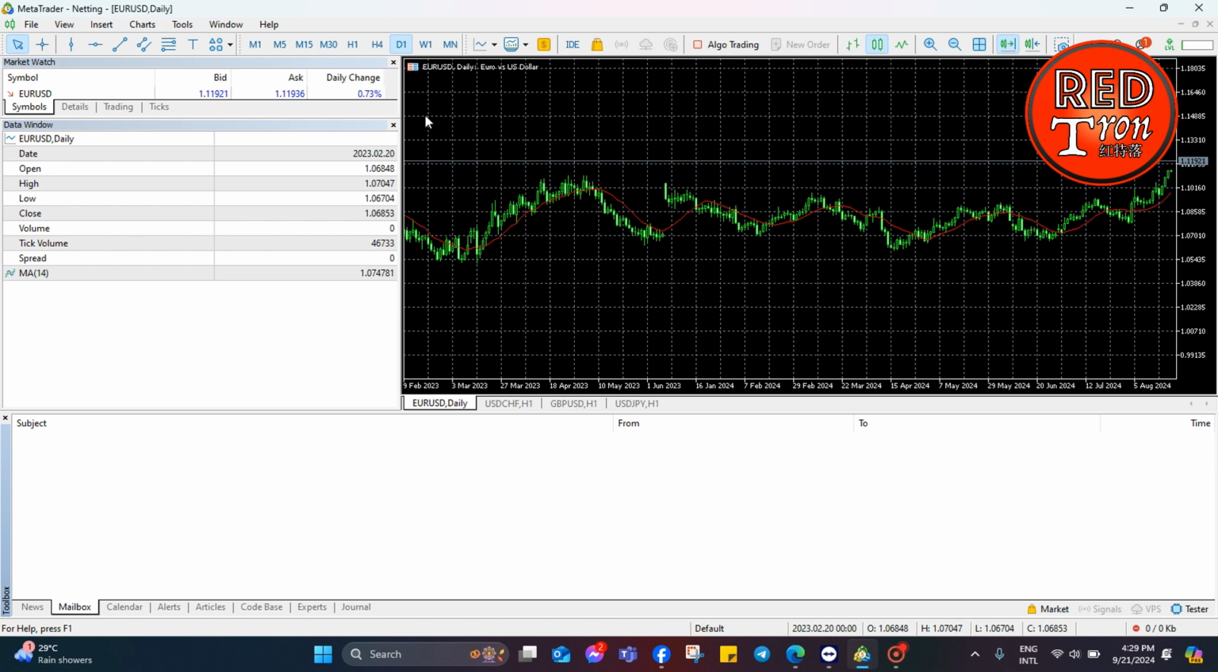So that's it, guys. Very simple, very straightforward. This is how you are going to bring back and restore all of those toolboxes back into your MetaTrader 5